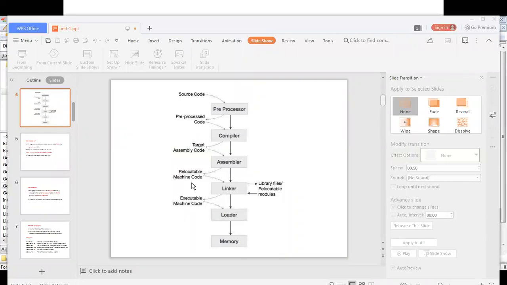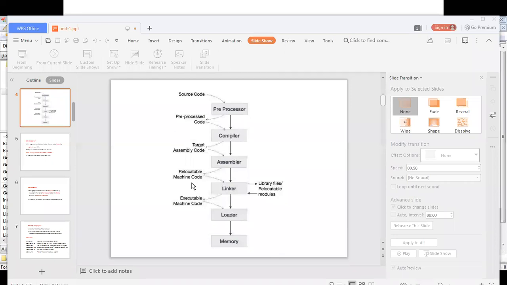Whatever addresses the assembler assigned are busy with some other code in the main memory.